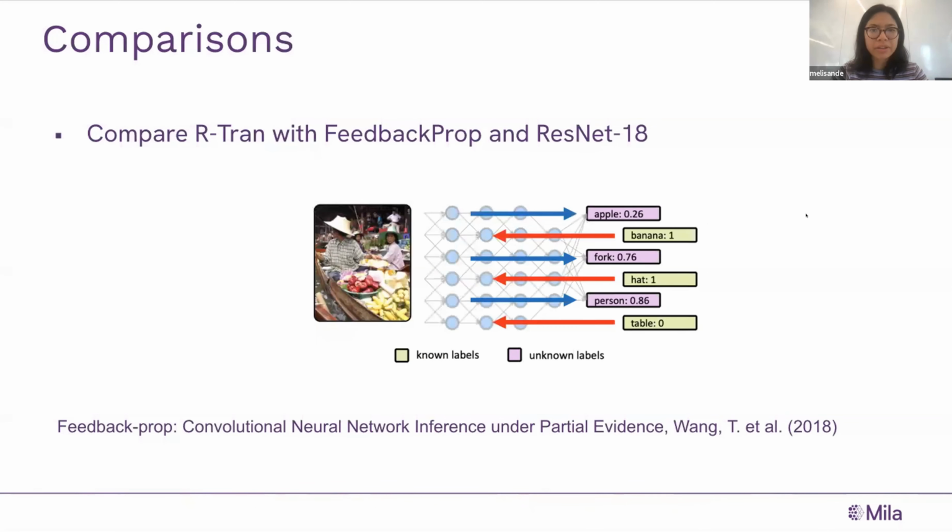And we compared this method with other methods that also make use of partial information, such as feedback prop, which is basically this method that you have your already trained model, and then at test time, you say, okay, for example, I have information about the bird species, and so I would just back propagate this bird species a few times to improve the prediction of the butterflies, even though I don't have those labels.